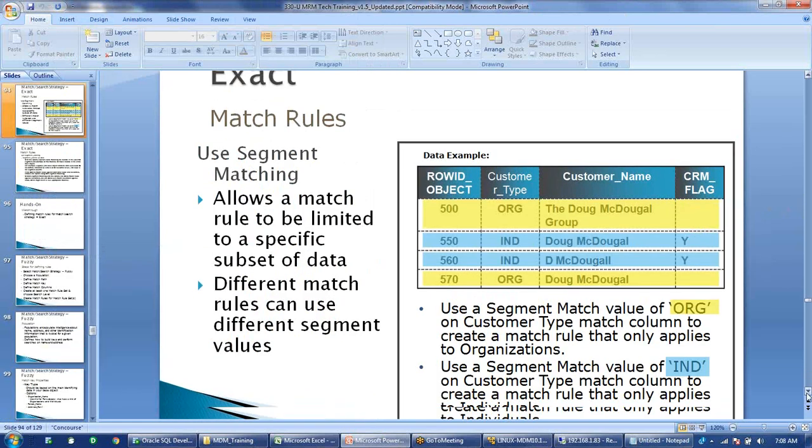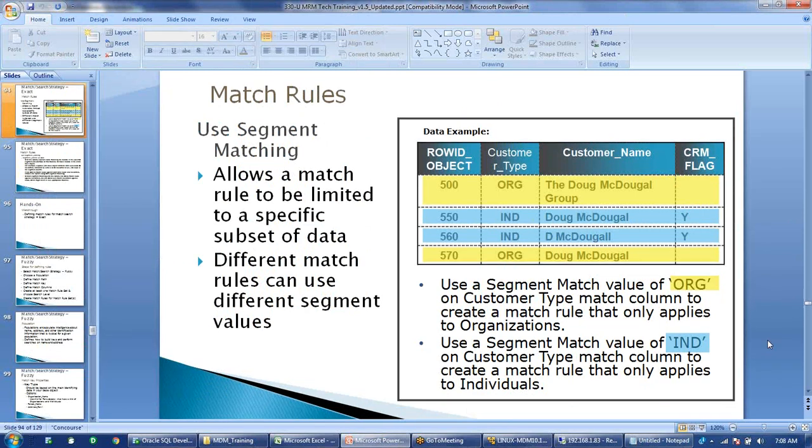And the last one is segment matching. Segment matching is mostly used when we are following a party model. As of now, whatever we have according to our model is called a customer model. In the customer model, we have everything different. Like if the company is dealing with customer data, organization data, product data, or policy data, in the customer model we have a table for everything. I will have a customer base object, an organization base object, a product base object, a policy base object.